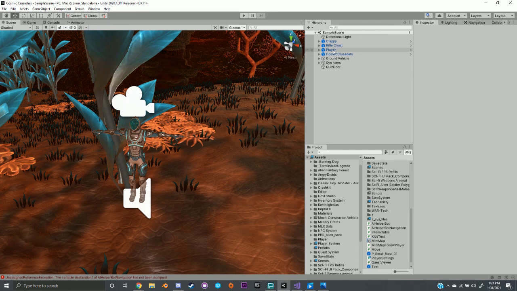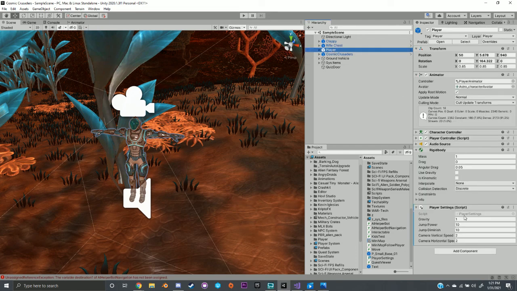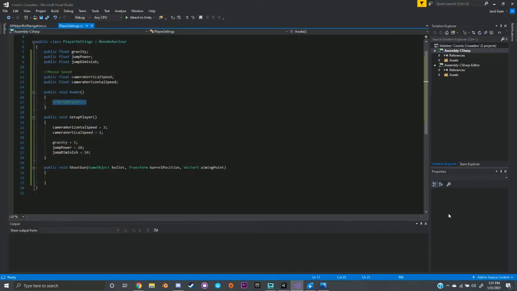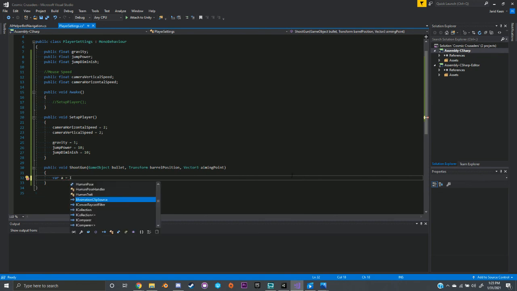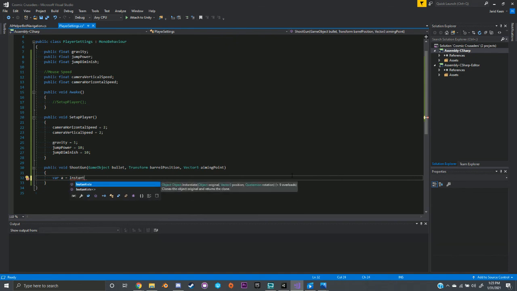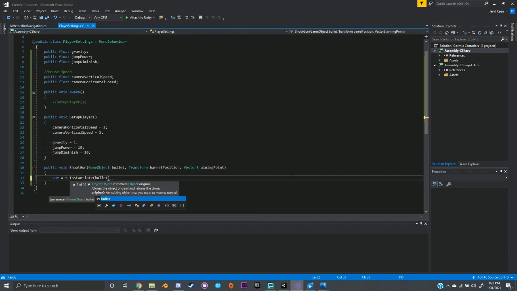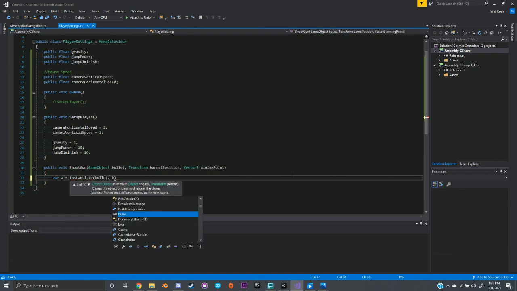So you guys need to go back to the player in the hierarchy, go back to the player script, open that up, and go right here. Once you're right here, what we're going to go ahead and do is type var, V-A-R, space A, space equals, Instantiate, I-N-S-T-A-N-T-I-A-T-E, and then parentheses, bullet, B-U-L-L-E-T, comma, barrel position, B-A-R,